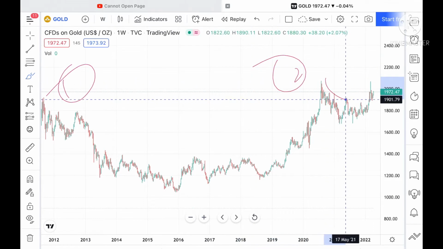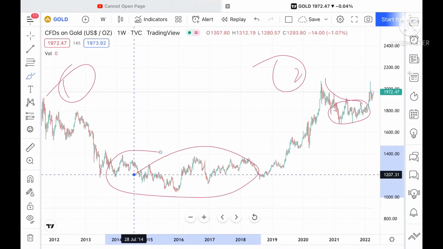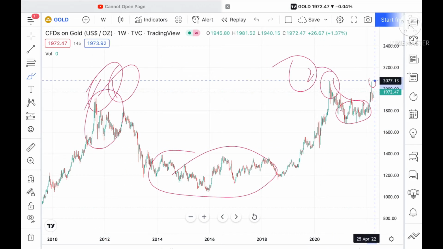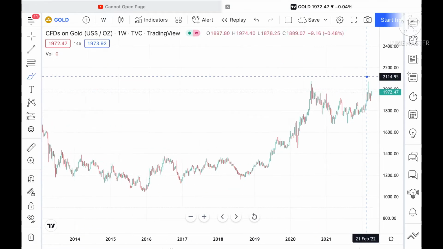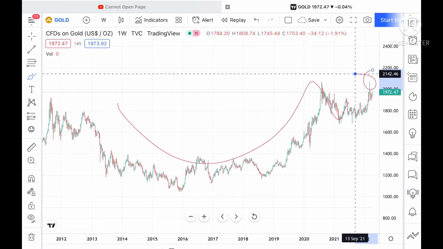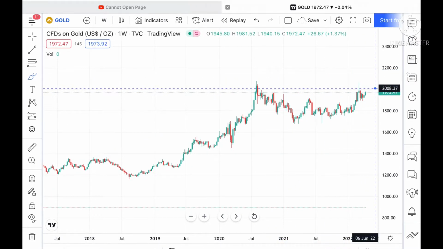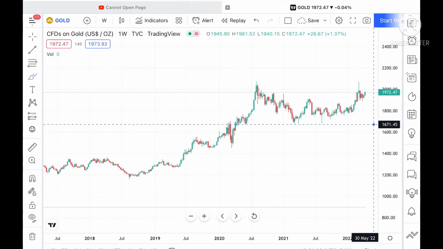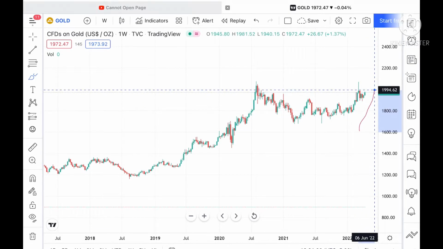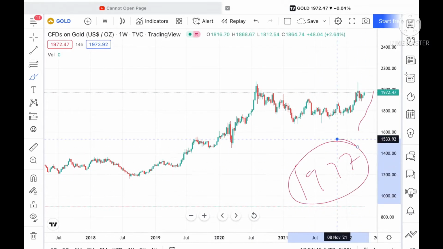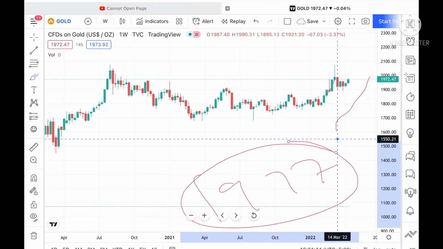It made a high, and from there it is the range. You can see this is the range, this is the high, this is the high, and this is the particular level which we have seen here. So what we can see is a cup pattern form where it has made a high again. Now again a cup pattern is forming here. Suppose if the price sustains this particular level, it can go further upside and can touch a level of 1987. Before that it has to sustain above a level of 1977. Once it sustains above 1977, then we can see it can go further upside.